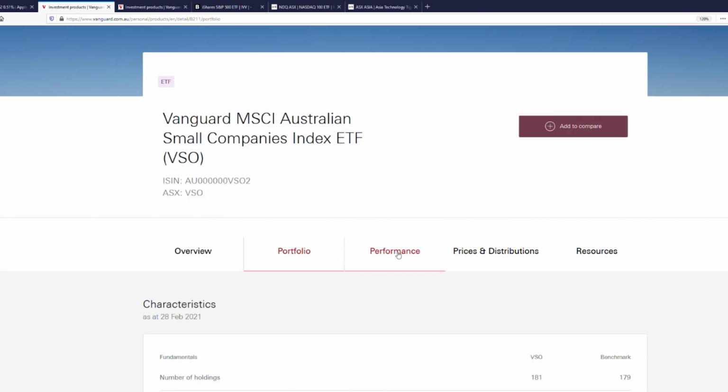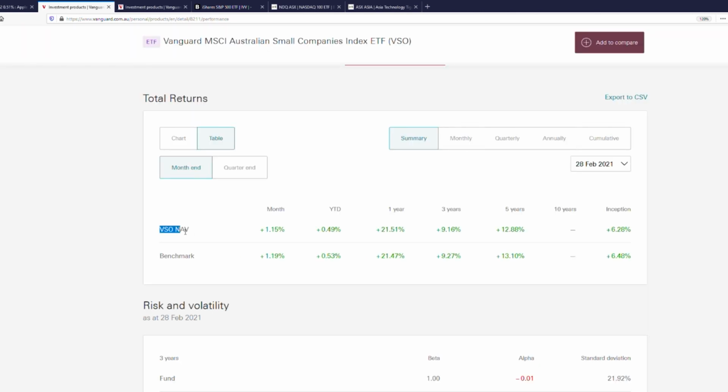Okay, so that's the holdings. Now let's take a look at the performance to see how it's performed over the last few years. Okay, so we have the ETF NAV, which stands for the net asset value, so the total value of the portfolio. And as you can see, it's pretty much identical to the benchmark index that it's supposed to track. So over 1 year, the return was 21.5%, and over 5 years, the average annual return was 12.88%, which is